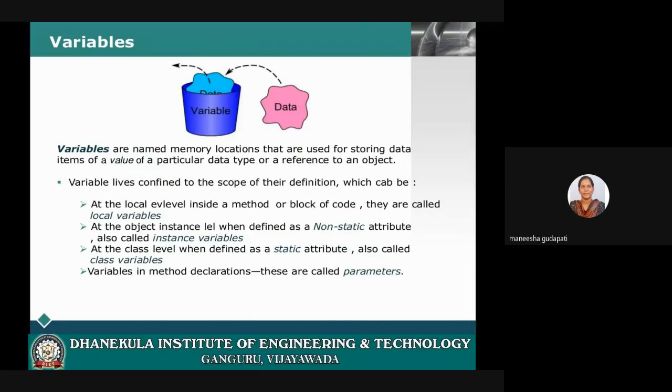Next. Now coming to the main topic, variables. What do you mean by variables? Why do we have to create a variable? Anyone?